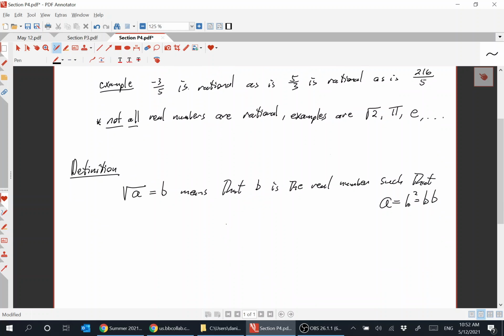Which is b times b. We already know what b times b is, we've already talked about that. b times b, that's b squared. So now we define the square root of a in terms of what we've already been talking about. It's not something that just sort of exists on its own. It's a consequence of ideas we've already been discussing. So the square root of a equal to b means that b is the real number such that a is equal to b squared. So for example,